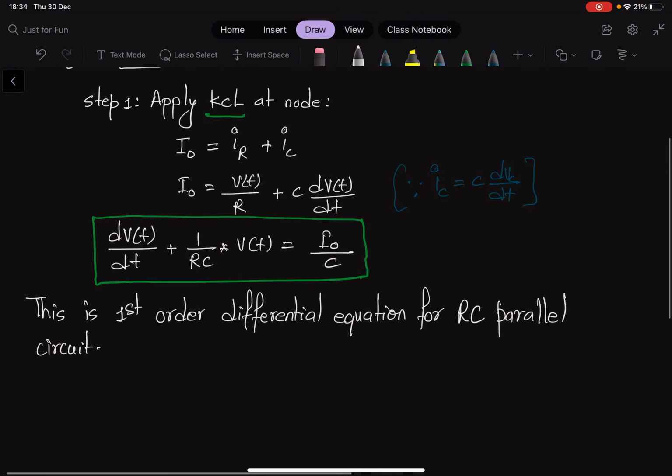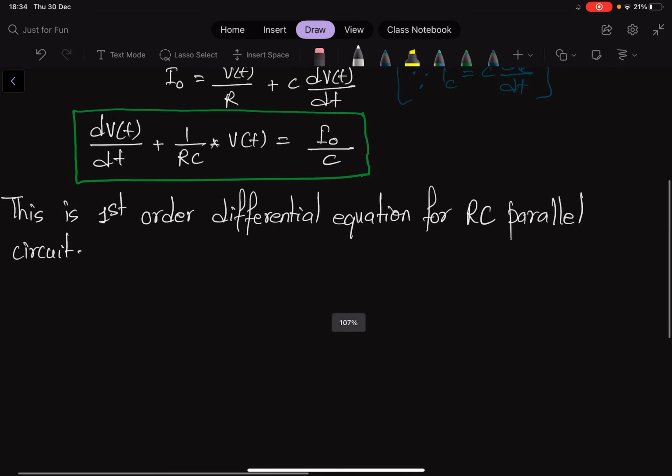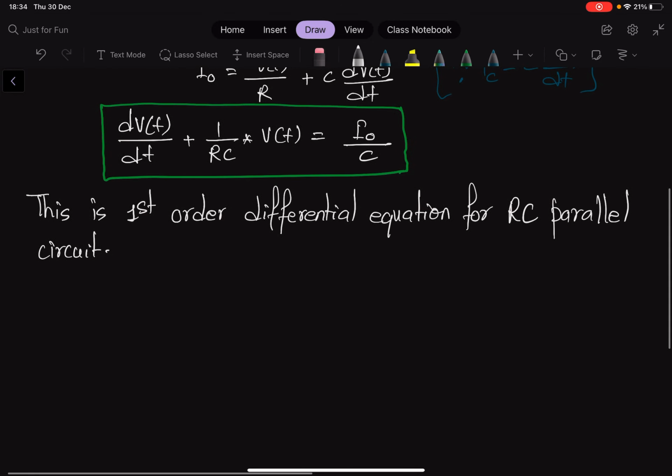So this is our step 1. Step 1 is done. We'll move on to step 2 now. In step 2, let's write this as equation 1. Step 2 is all about solving the differential equation. So we'll write step 2 is to solve the differential equation which we have